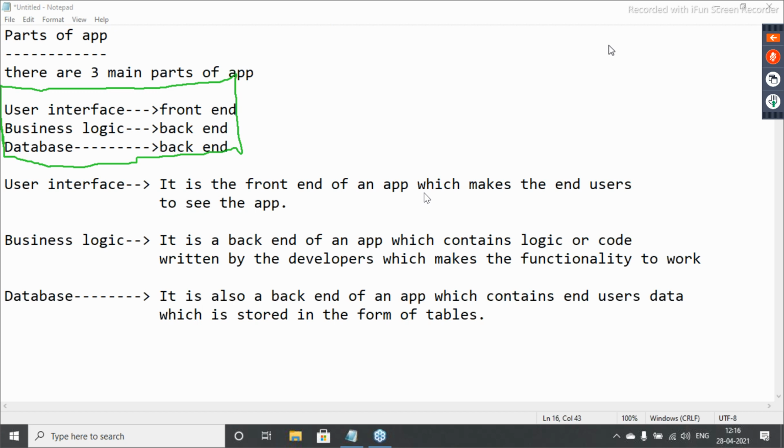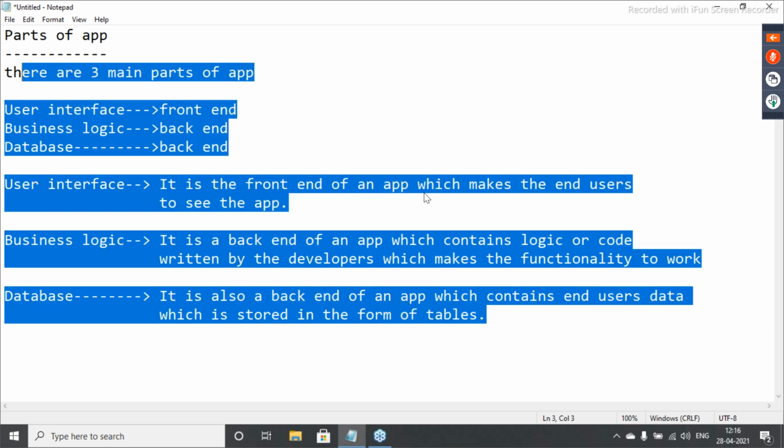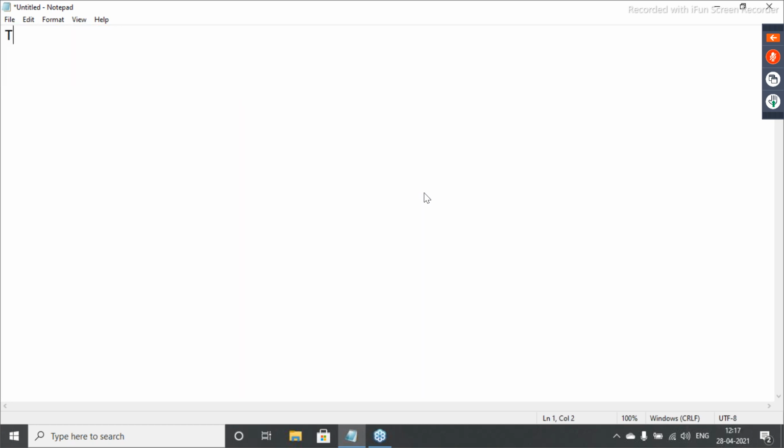Okay, everyone completed? Now take heading: Types of application. What are the types of application? There are three types of application. They are: